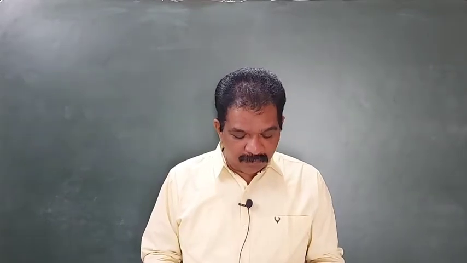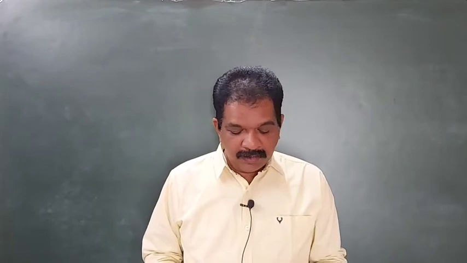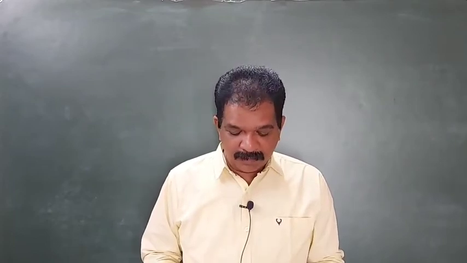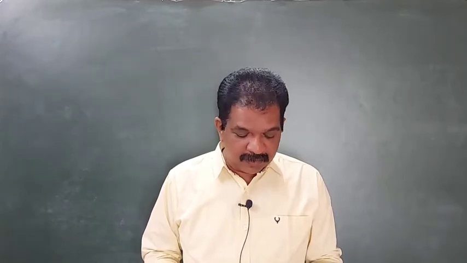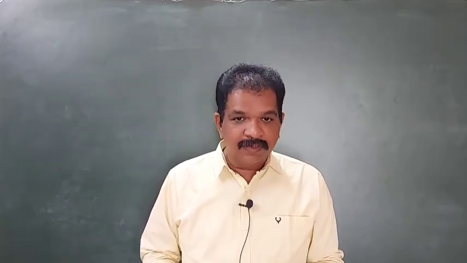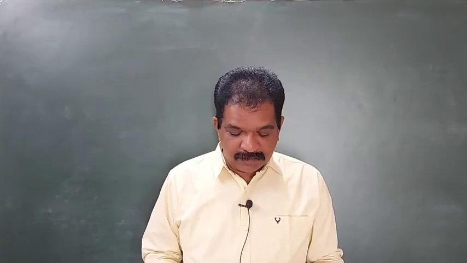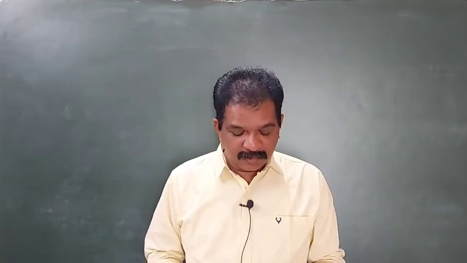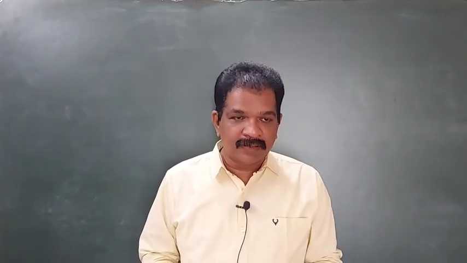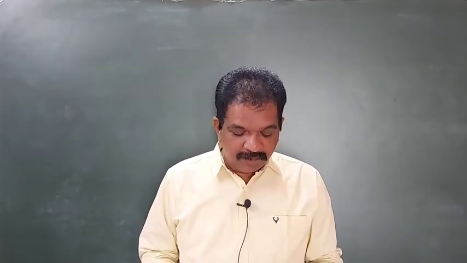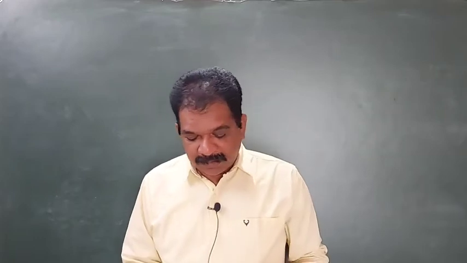Last class we finished problem number 11. Problem number 12 we will continue. An electron and a proton are detected in a cosmic ray experiment. The first with kinetic energy of 10 keV, the second with 100 keV. Which is faster, the electron or the proton? They gave kinetic energy, and they are asking the velocities. Find the ratio of the speeds.